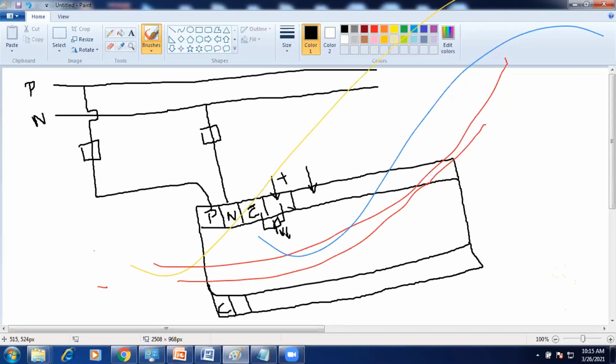Why? Because based on source output or sink output, we need to give a supply or otherwise ground in that common pin. That value will be moved to the phototransistor. Through this phototransistor, the output ports will get the values, supply or otherwise ground. Source in the sense supply, sink in the sense ground.